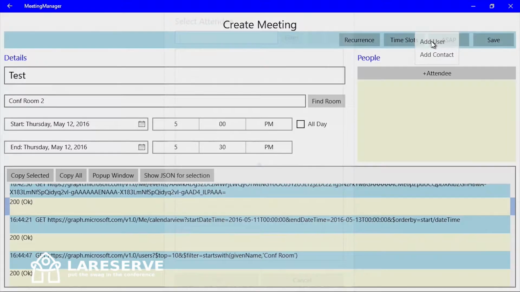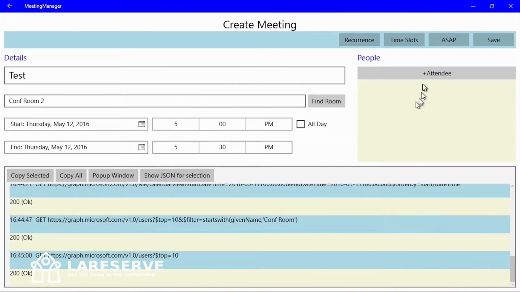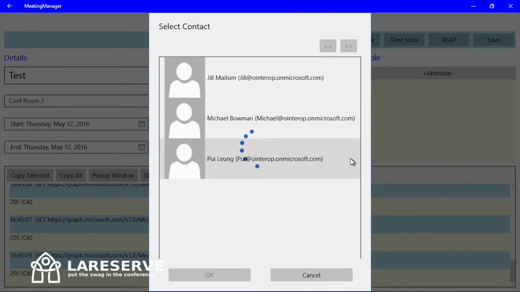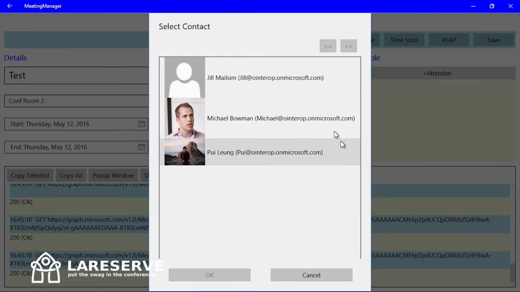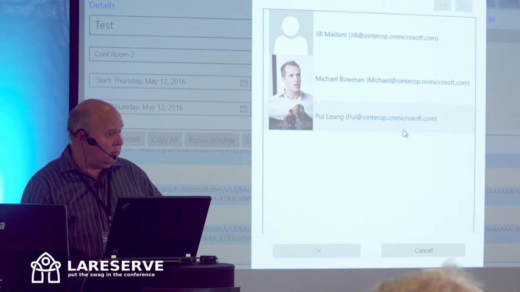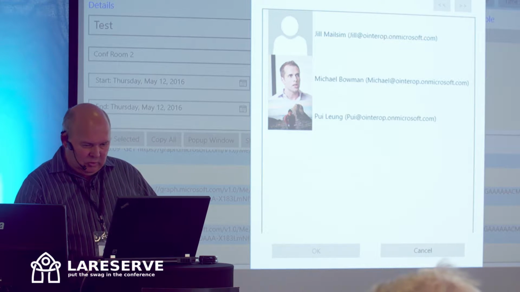You can add a user from the directory, or you can add users from contacts. And in contacts, we see a slightly different view. There's slightly different information supplied for every contact.